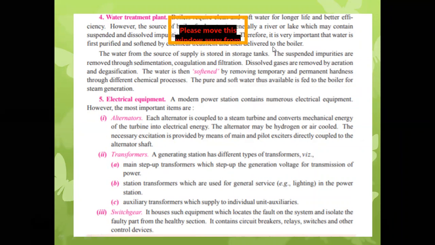Yes or no? So isolation means what? Tell me, anyone. How does the transformer operate as isolation? Yes, tell me. You are a diploma holder student, you should answer this one. How does the transformer act as isolation? Yes, tell me.